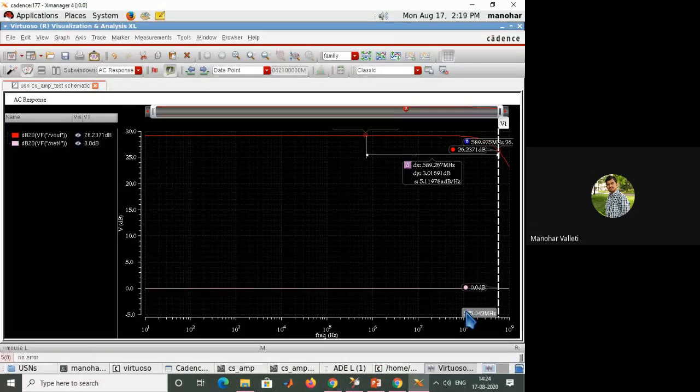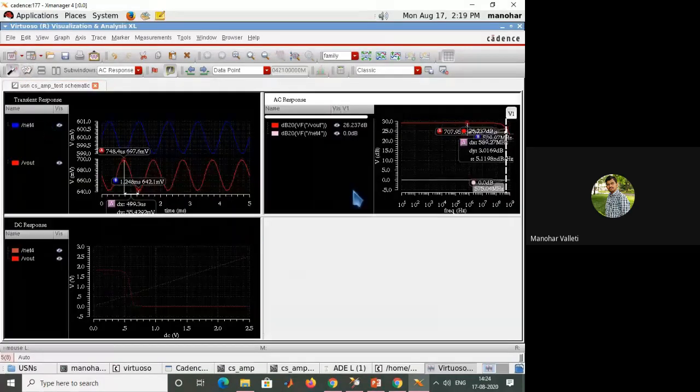So almost the bandwidth of your common source amplifier is, as the lower cutoff frequency is not there, the bandwidth we will consider as the higher cutoff frequency only. So 575 megahertz is the bandwidth of your common source amplifier. The gain you are getting is almost 28. So by seeing this, we can say that whatever the design circuit is, it is proper.